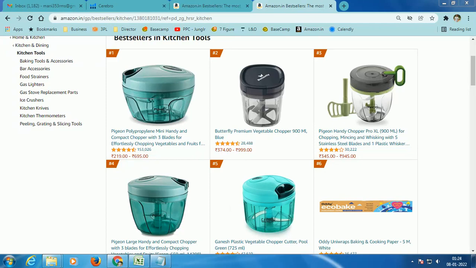In today's session, let's speak about the master keyword research process, right? Now, when it comes to selling on Amazon, it is not about your PPC, right? Firstly, you need to have a good product. Once you have a good product, you need to have a very good listing, right?